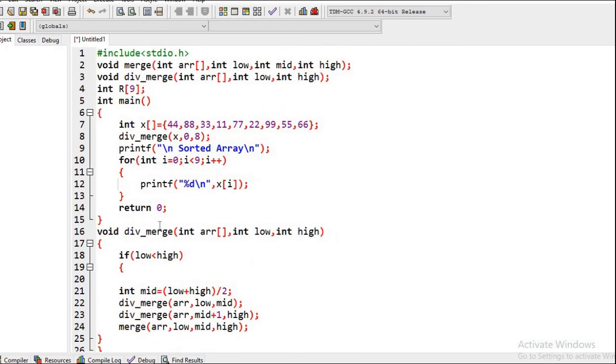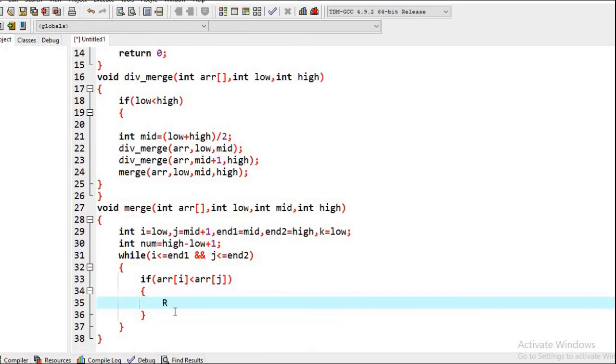Here I have taken the resultant array as R, and I have declared it globally so that we can use it freely in any of the functions. So R[k++] equals array[i++], because array i is less than array j.